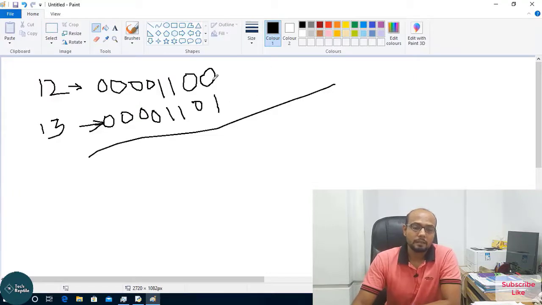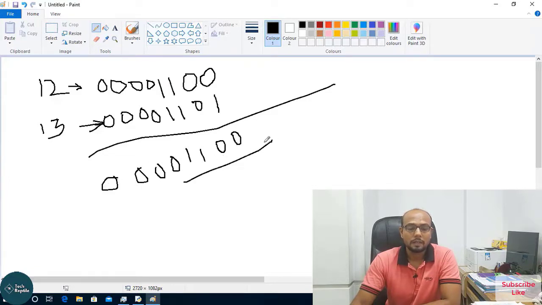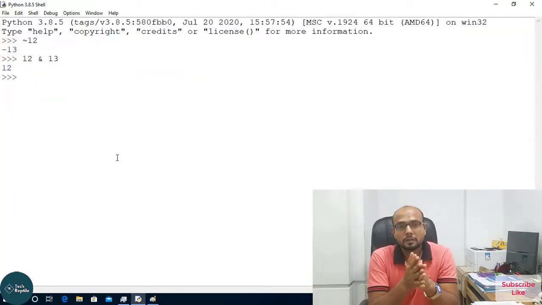Let's check it. It's 0 and it's 1, then it will give you 0, and it will give you 0, and it will give you 1 because both are 1, and this will give 1 because both are 1, and the rest will be 0 0 0 0. That means this is the binary format of 12. That's why in the bitwise operation 12 and 13 we will get 12.